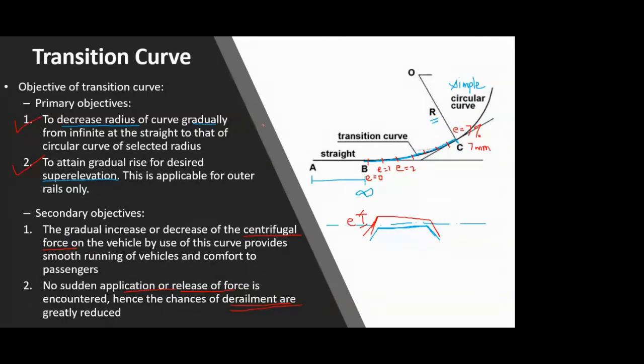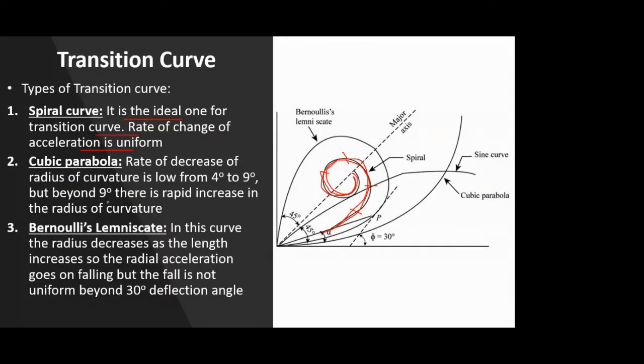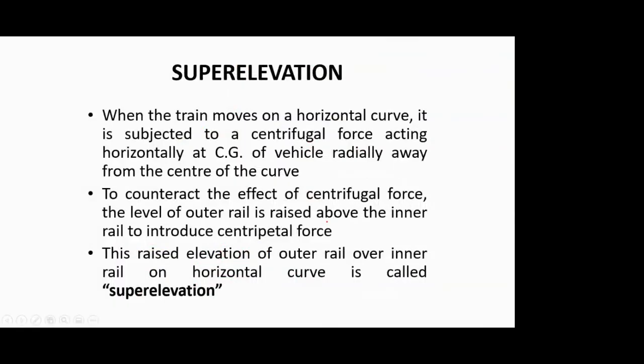For transition, we again saw in detail why we require it, with primary and secondary objectives, and the different shapes of transition curve. And again, to stress, you do not provide the whole curve or whole shape, you just provide a part of this shape as a transition curve. Finally we ended with the vertical curves, the different types, summit and valley curves, and under what condition it becomes a summit curve and under what condition a valley curve. So that's all for today. In the next lecture, we'll be starting with the super elevation part.